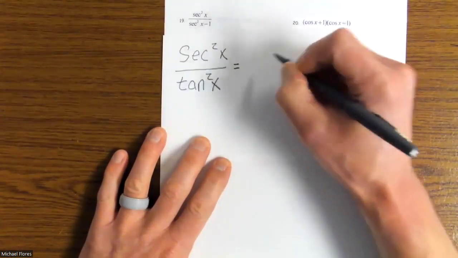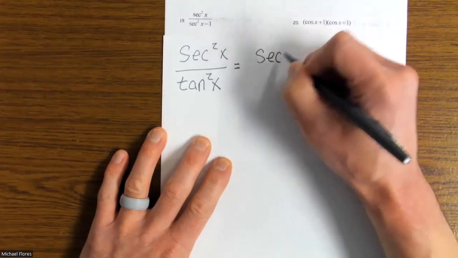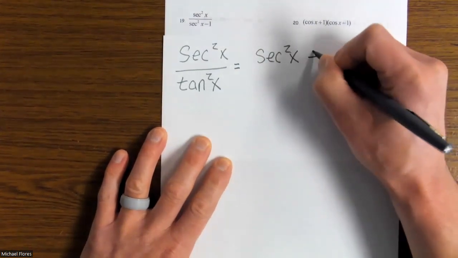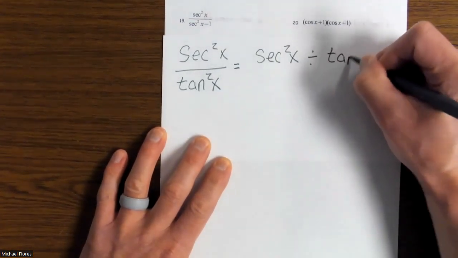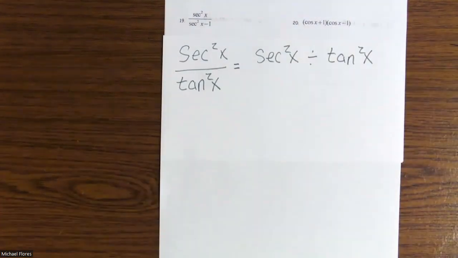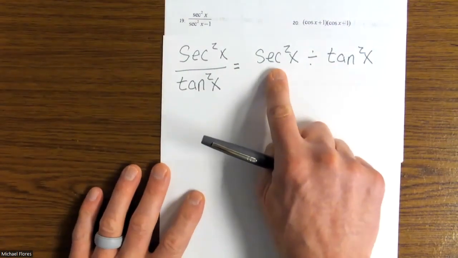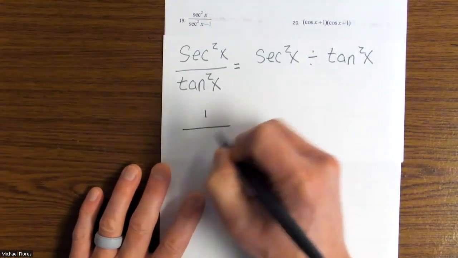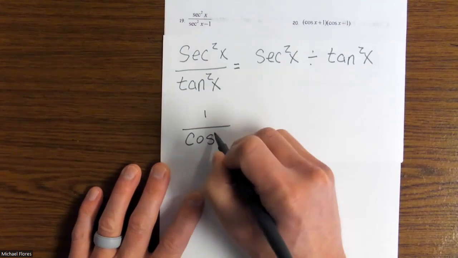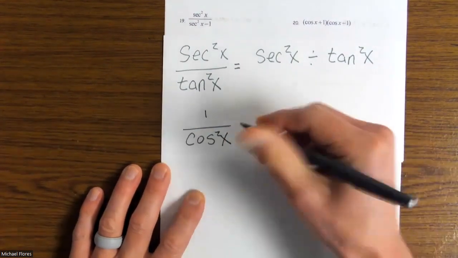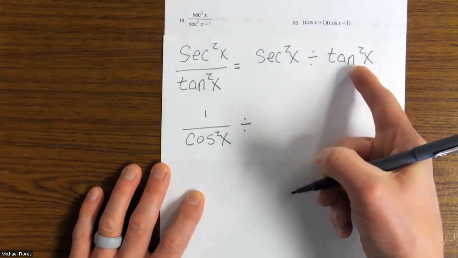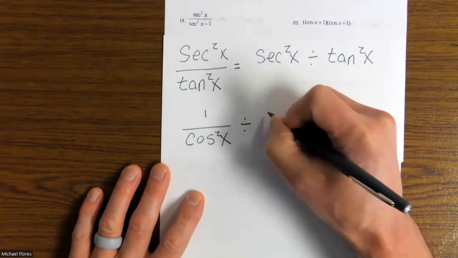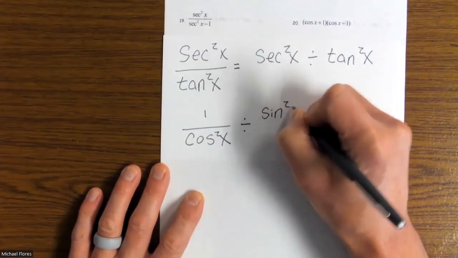Now, there's another way of rewriting this. We could say secant squared of x divided by tangent squared of x. I'm going to do a little bit of substituting now. I see secant squared. Usually you want to change that to its reciprocal identity. So 1 over cosine squared divided by tangent squared. You almost always want to change that to its quotient identity. So sine squared over